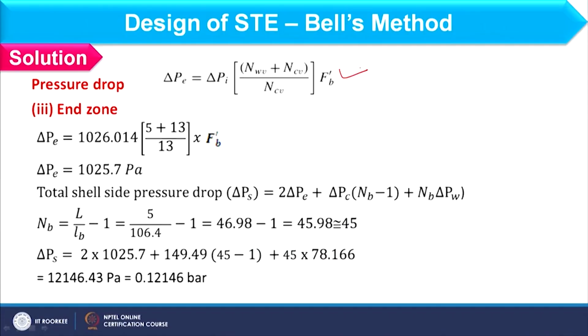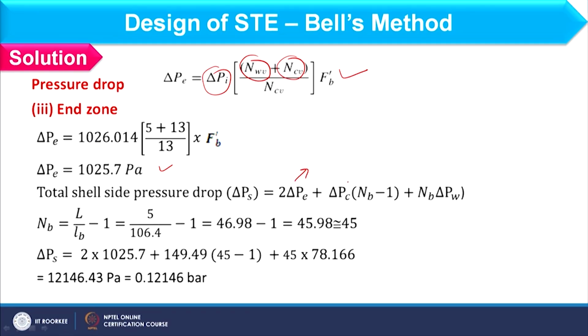Further we have to find out the pressure drop in the end zone, and the expression for that is given over here, where NWV is 5 and NCV is 13. Delta PI we have already calculated previously. Considering all these values, you can find out delta PE as 1025.7 Pascal. So, the total shell side pressure drop, delta PS, should be equal to 2 into delta PE, because we have 2 end zones, plus delta PC,